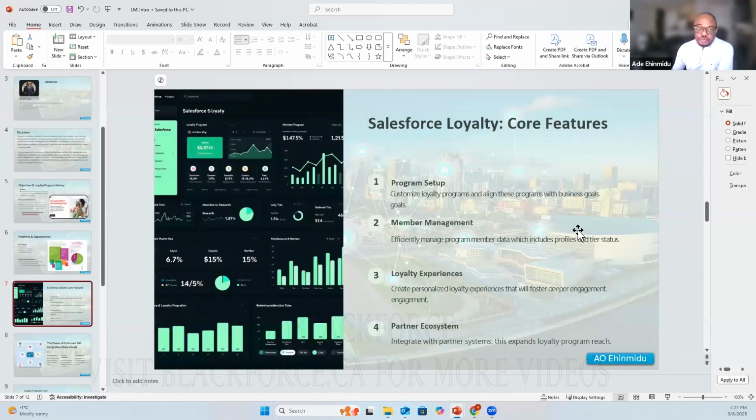Are you trying to nourish your existing customers, or is the goal to attract a new base of customers, or a new generation, new people coming into Canada, and you want to be able to catch them before they are snatched by other businesses? You want to identify the goal for which you want to roll out this program. When you've done that, this is where you now need to know what type of data you need from these customers.